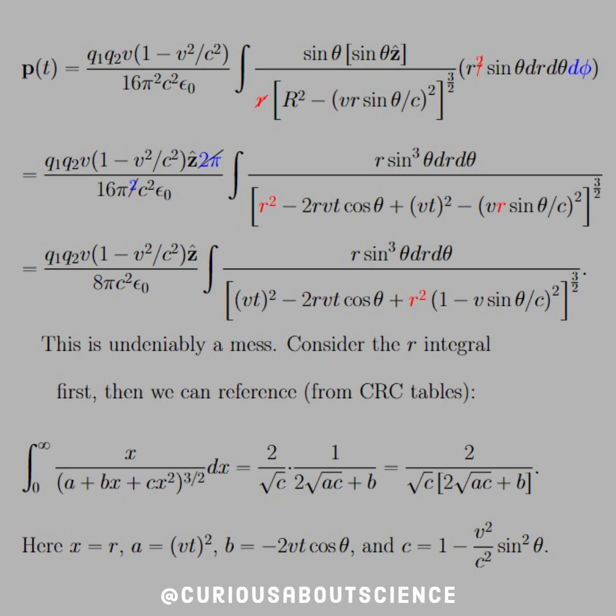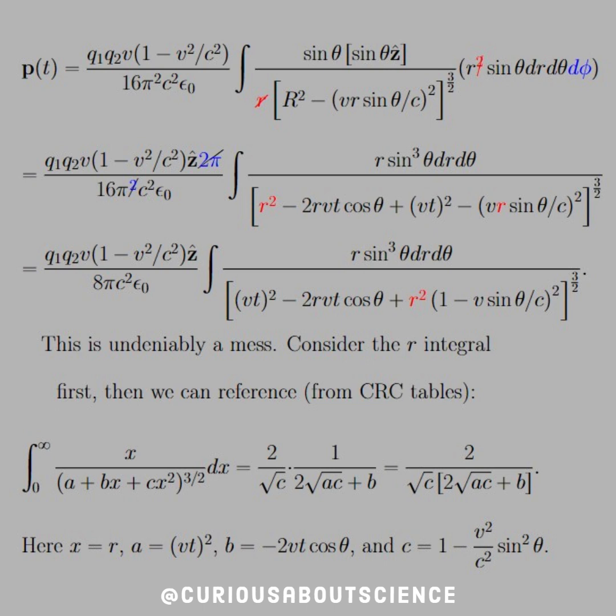I know it's not always possible, but now we're going to substitute in that big R squared, and we see more work to be done with these R's here. So we combine like terms, factor that out. As I stated here in the problem, this is undeniably a mess. Consider the R integral first, and then we are able to reference the CRC tables, and we see that we have